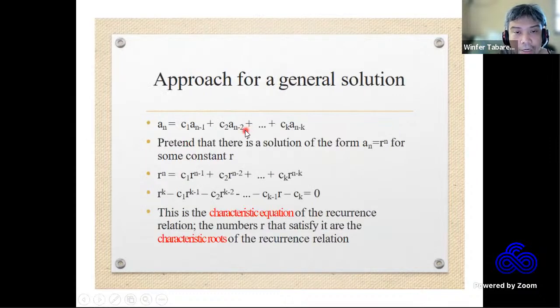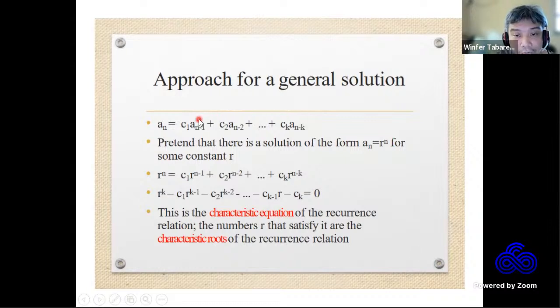From this one, what would now be our approach for the general solution to the problem? So we have this linear recurrence relation. Then we will assume a form for the general solution: a sub n is equal to r to the n, for some particular constant r. So if this is the case,